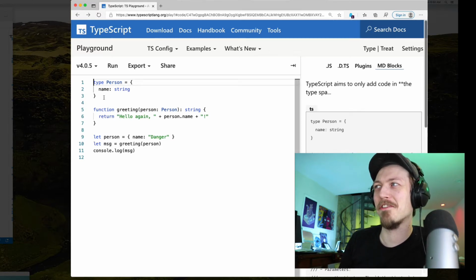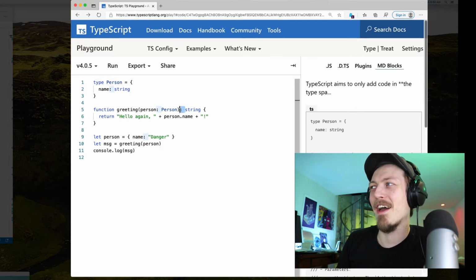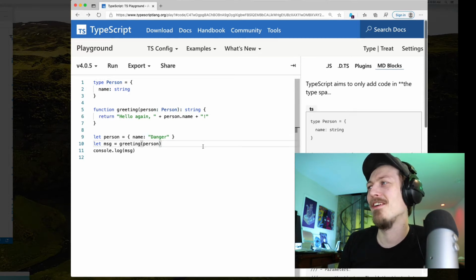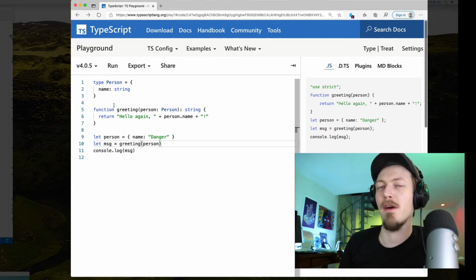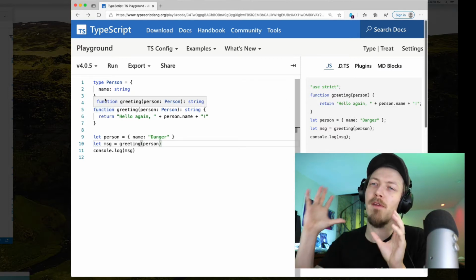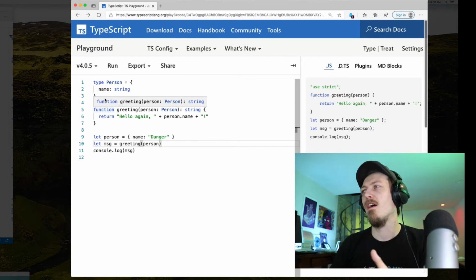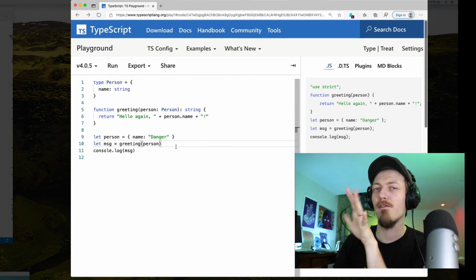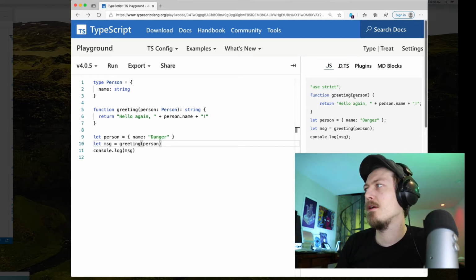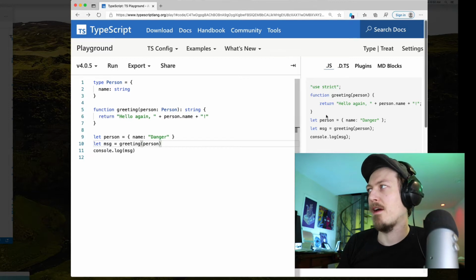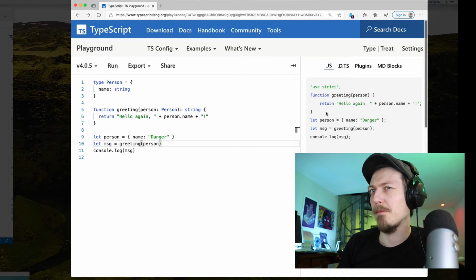It changed the word struct to type, got rid of that arrow, changed that arrow to the colon. And when you look at the JavaScript emit, you can see it's exactly what I just described. It tries to erase all the type stuff and just leave the runtime stuff. So you can kind of think of JavaScript as a runtime for TypeScript. It's a little complicated, but it's an acceptable simplification.